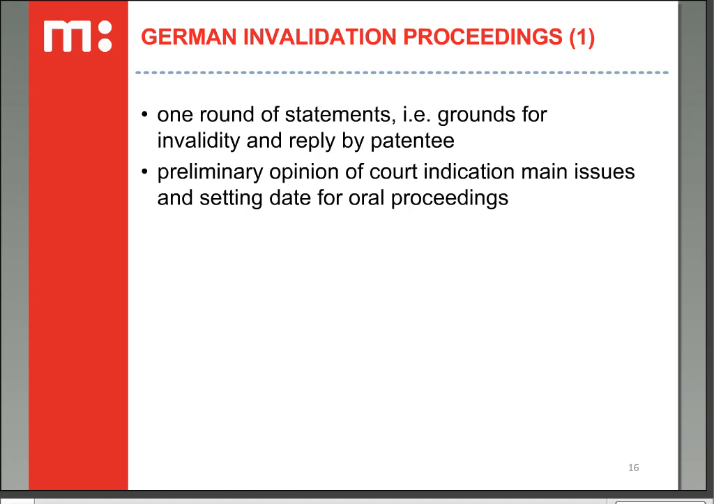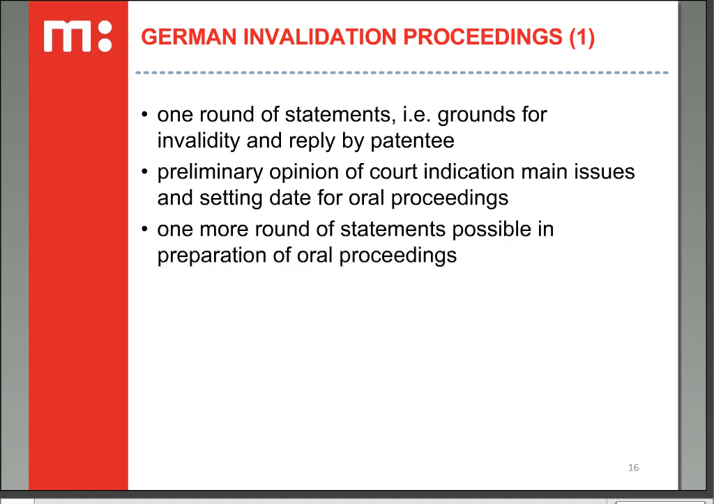And that scheme with a preliminary opinion of the court has only been introduced into the German nullity actions about 8 years ago. And the reason was for speeding up the proceedings, trying to get the parties focused on the main issues which have been identified by the court. In preparation of the oral proceedings, you will have one more round of statements. So the patentee usually files all his requests and his additional claim sets,